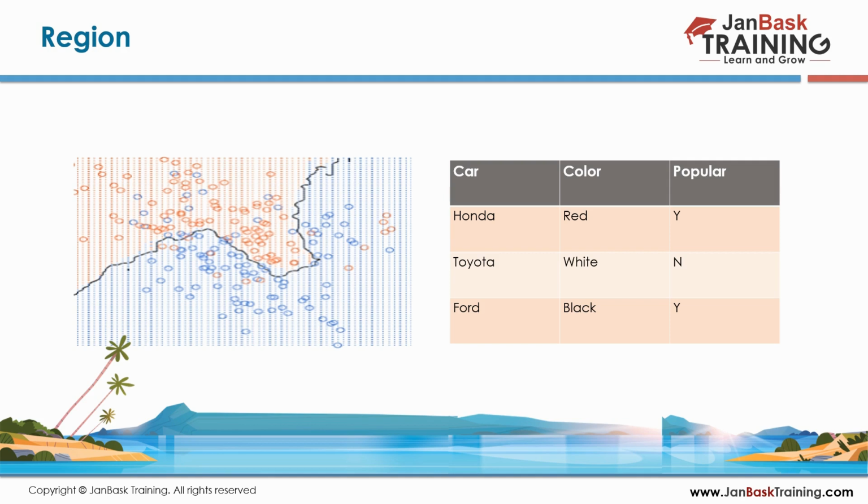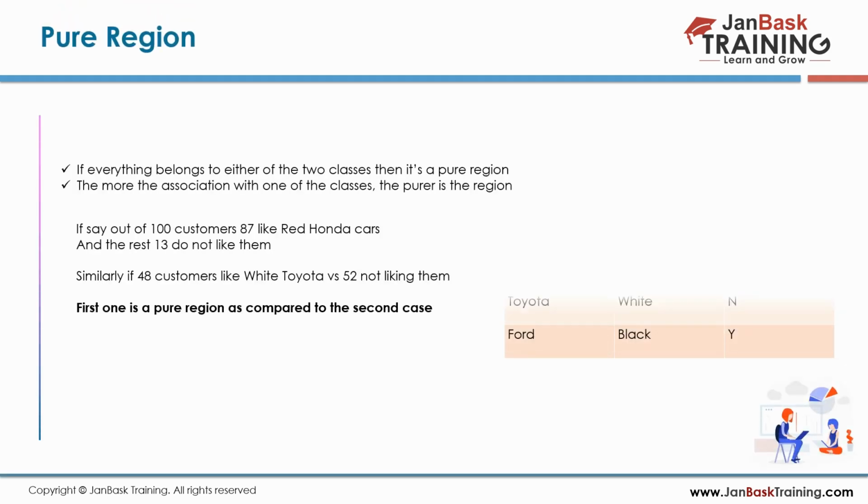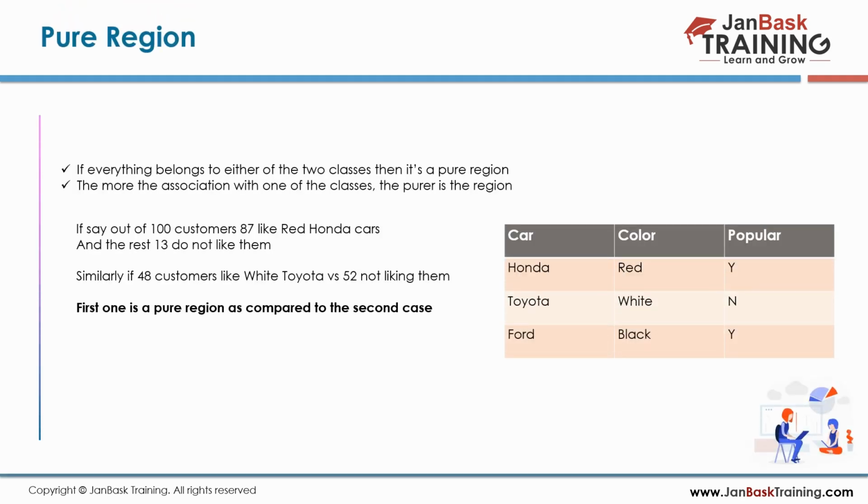For the time being, it tries to create some boundary in actual data. So wherever it falls on the left side, it's called the red circle, and if it falls to the right side, it is blue circle. It's like a dividing yes or no. So the pure region, if everything belongs to either of two classes, then it's a pure region. Like I told you, pure region is nothing but your homogeneity. So if it exactly comes to the exact leaf node, then it's called the homogeneity or pure region.